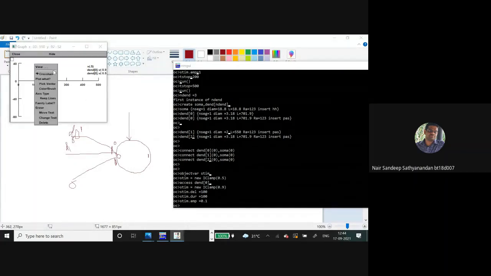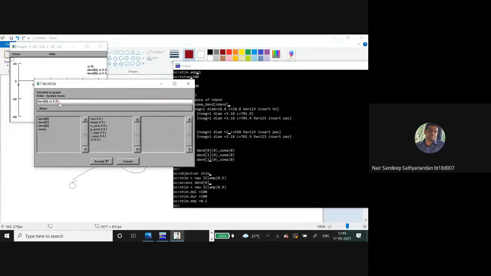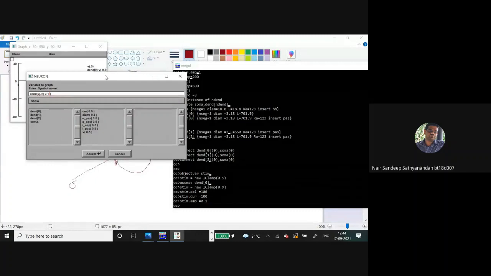And then let us say we want three different points in the dendrite. We can observe the voltage, and then we can also observe the voltage in the soma.